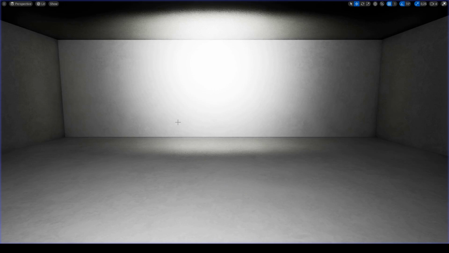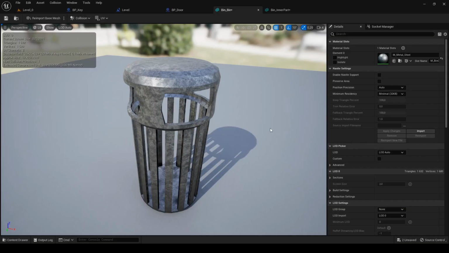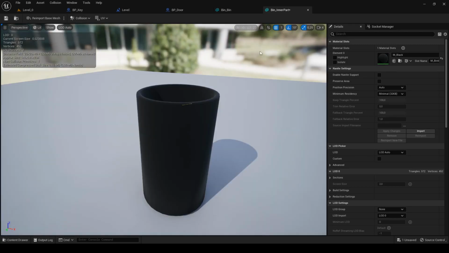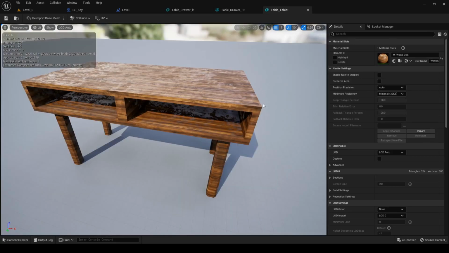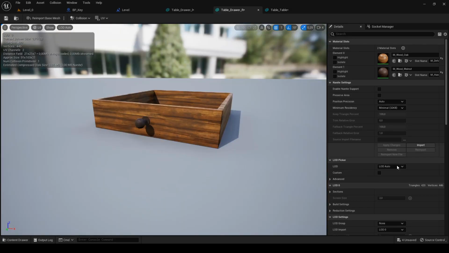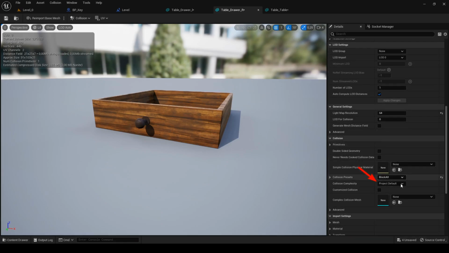You don't always want the key to be visible, but you want to hide it inside of another object. There are two ways how you can do it. First one is that the player can't ever see the key. For this, I created a model of a rubbish bin. Second one is to hide the key and the player must interact with another object to see it. For this, I created a model of a table with two drawers. If you create it as well, don't forget to change default mesh colliders, otherwise it may not work for you.